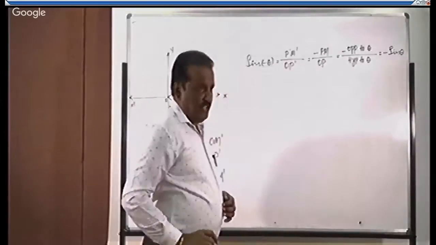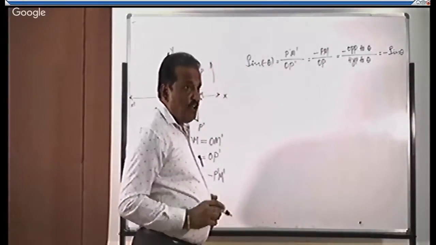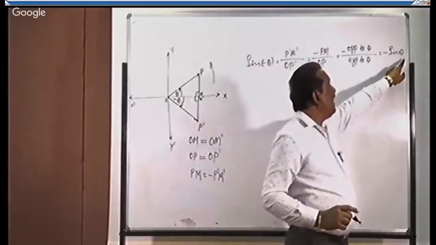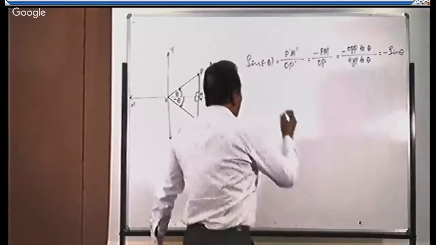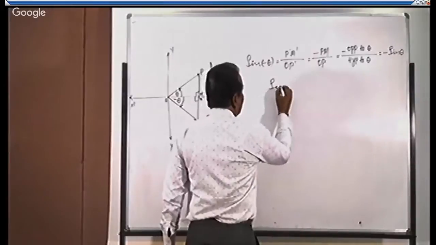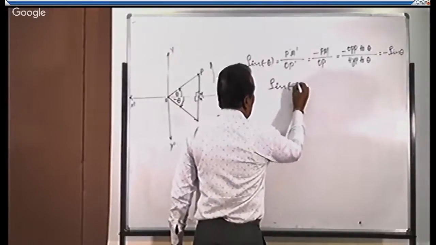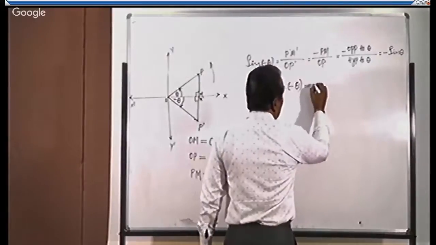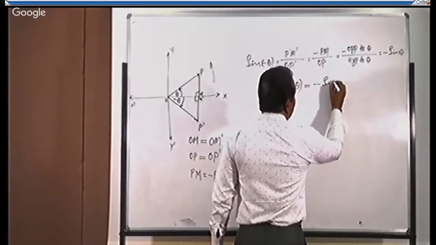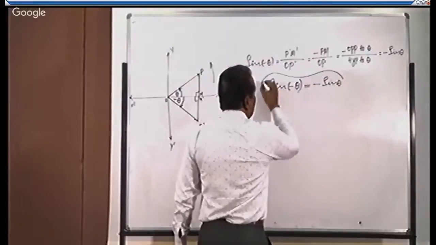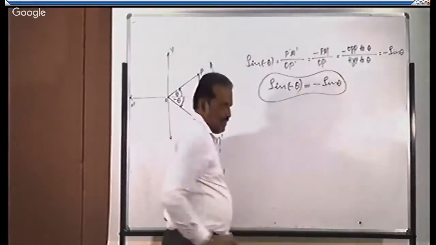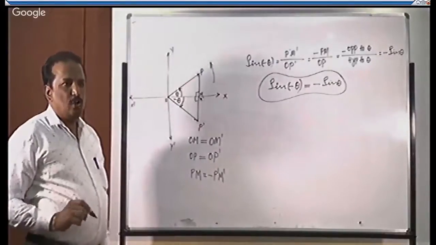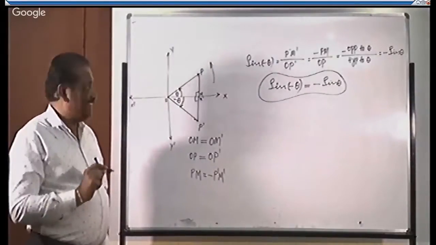Our intention has been successfully accomplished. I mean, we want to know how this minus theta is allied to theta. If we connect this minus theta for sine of a function, the result obtained is sine of minus theta, which is equal to minus sine theta. It is a very, very important relation. Please remember it perfectly. Always sine of minus theta is equal to minus sine theta.